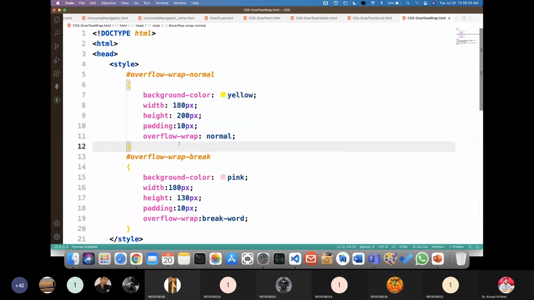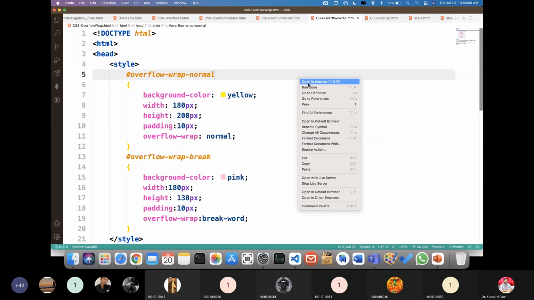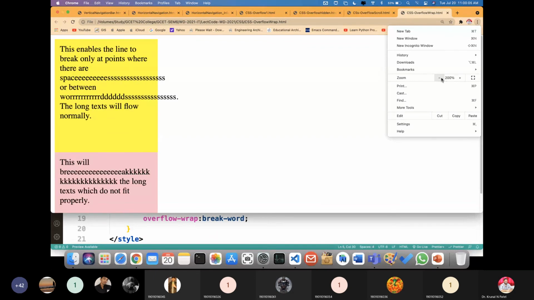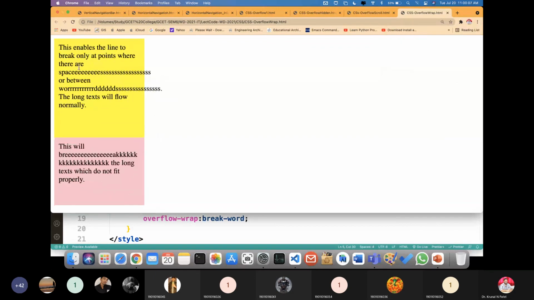And here is the overflow wrap property. You can see both examples. The first one is normal. In overflow wrap normal, all the content goes beyond the box.